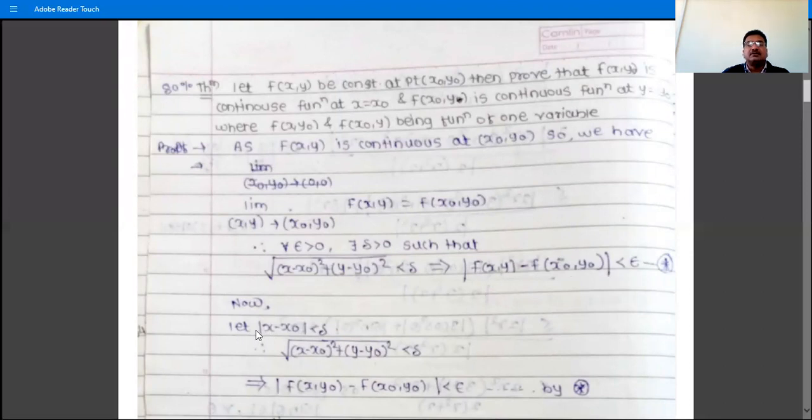We start with mod x minus x naught is less than delta, and we have to show mod f(x, y naught) minus f(x naught, y naught) is less than epsilon. So start with mod x minus x naught less than delta,